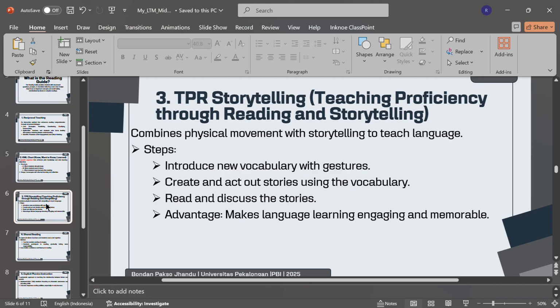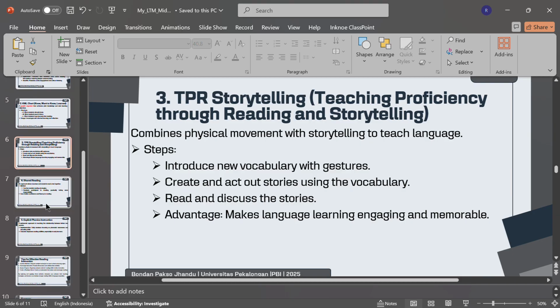The first is to introduce the new vocabulary with gestures, and then second is to create and act out stories using the vocabulary, and then third is to read and discuss the stories. There's an advantage too, which is to make language learning engaging and memorable.